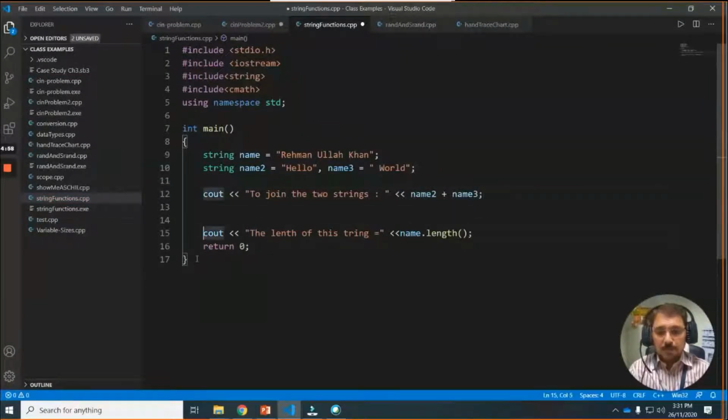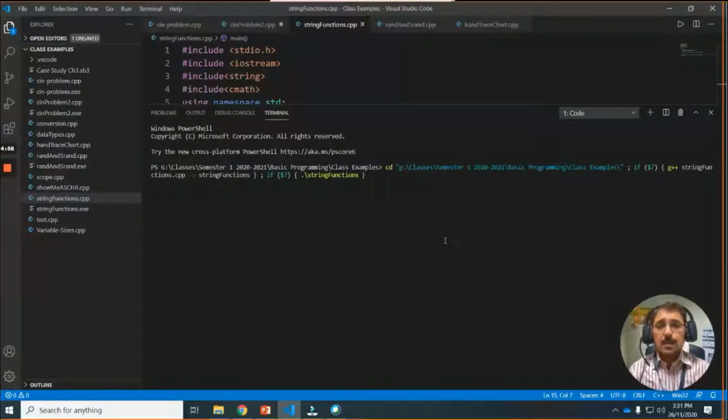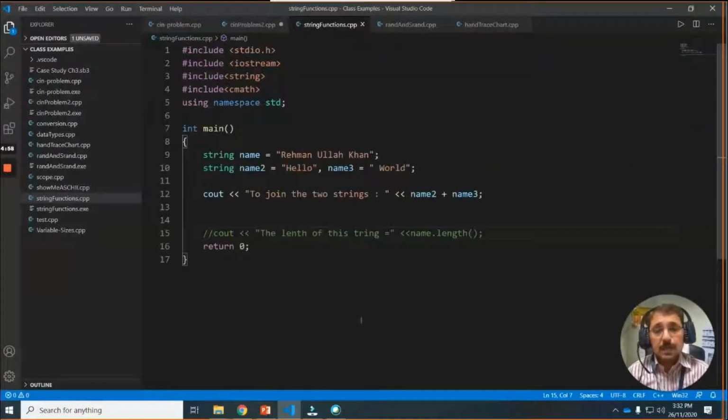If I run this, let me comment this, save it. You see the output, hello and word. So this is used for joining two strings together.